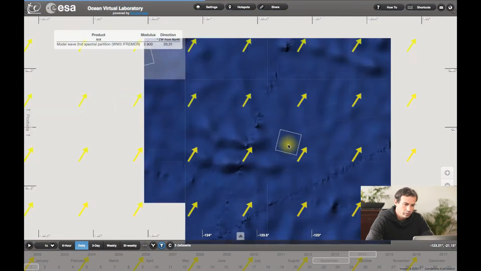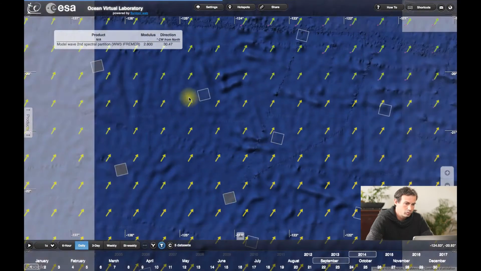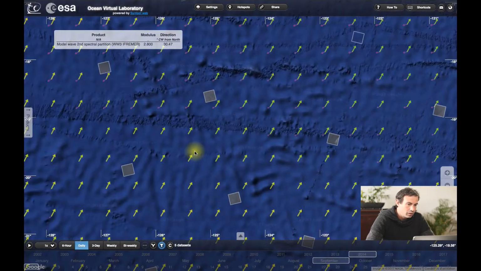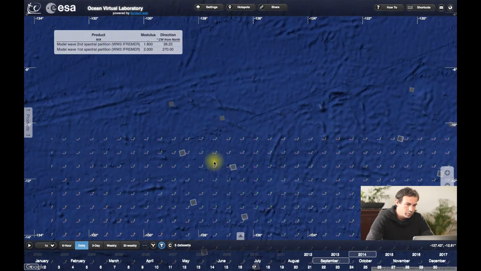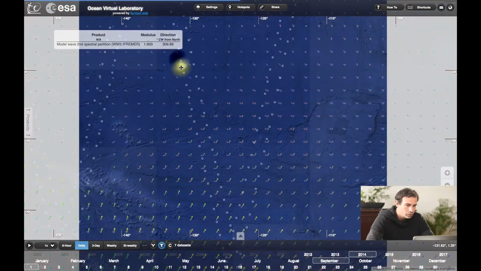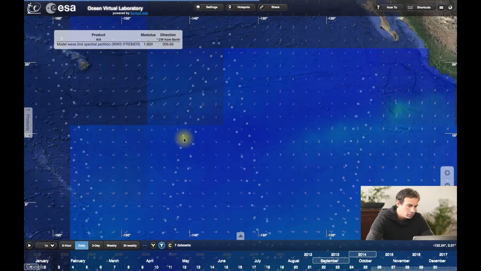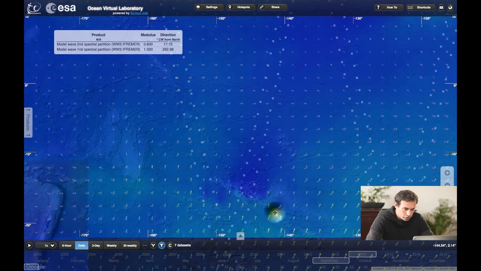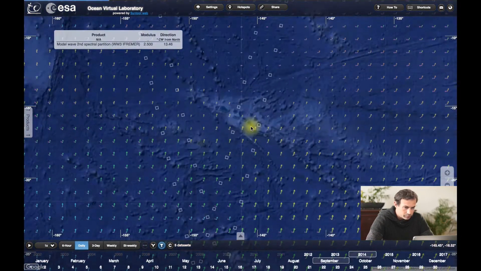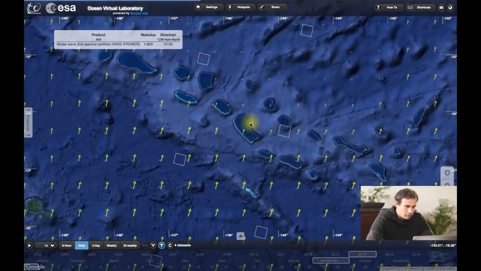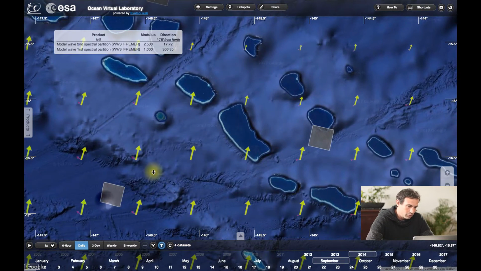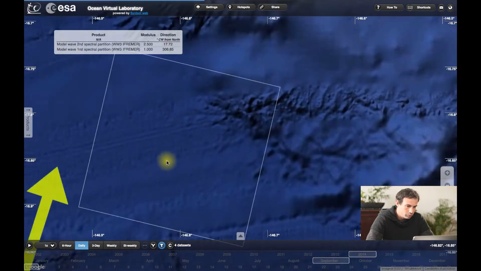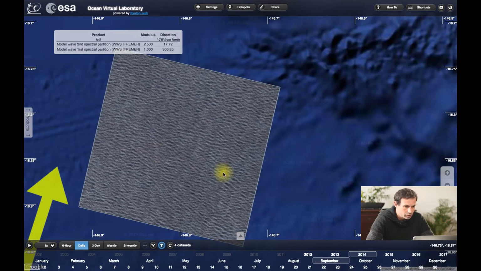And if we go even further along the orbit, we then start to reach some islands in the middle of the Pacific. So these are the French Polynesian islands. And we have a quite different wave pattern before we reach the islands, where this is more typical of a single